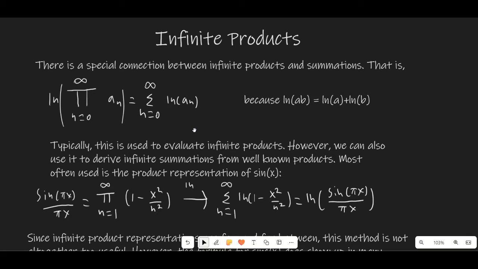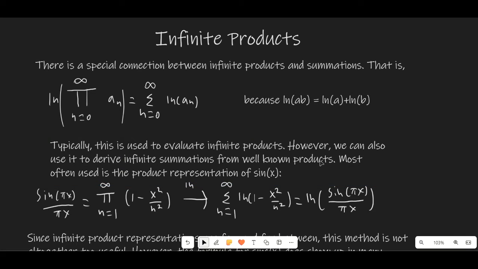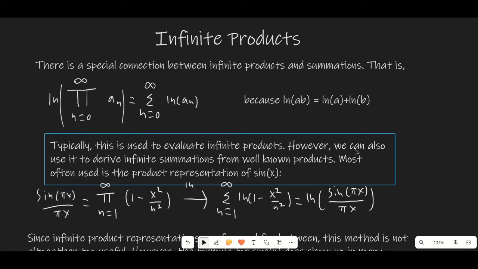So if you get an infinite product, the first thing you should be thinking about doing is taking the natural log and then converting it into a summation. However, there are a few situations where we can derive infinite summations from products that are well known. So most often, and this is pretty much the only one that really comes up in many situations, is the